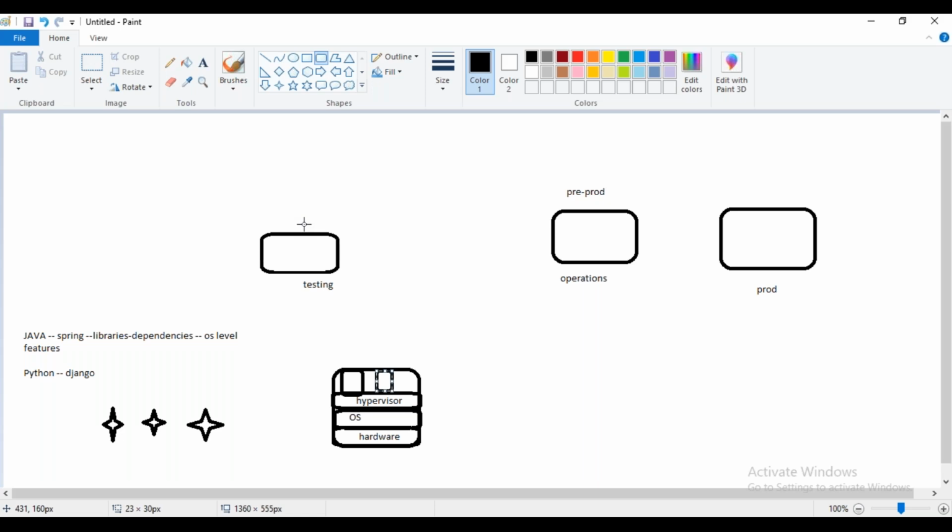If they find a problem with the logic at the code level, they will tell the developer team, and again the developers will modify the code and give a new image, and these guys will use the new image. Finally, if everything is okay, the same image will be run on the operations side. And once it is working fine here, we can use the same image in the prod environment also. This is how it resolves the majority of the issues.